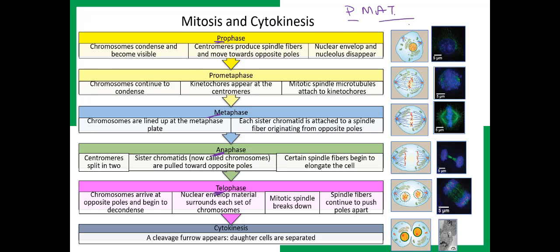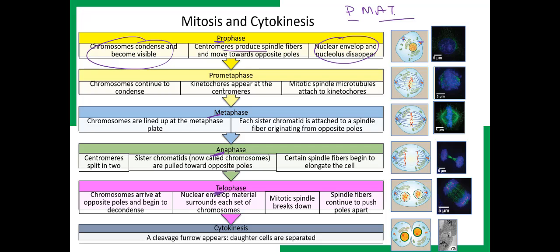And I know that some of you have covered this in much more detail in biology or in previous courses. This is about as much detail as you need to know in this course. So you've got prophase to start off the mitosis phase of the cell division, where the chromosomes condense and become visible, the nuclear envelope and nucleolus disappear, and the centromeres produce spindle fibers that start moving towards opposite poles, opposite ends of the cell,